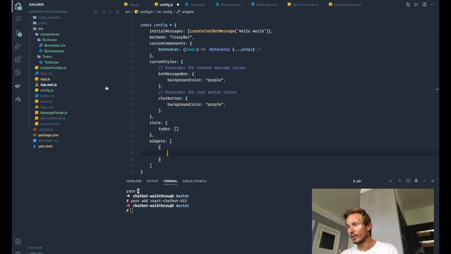Now, widgets are components that you create on your own, and then you register them in the config because we want the widget to be decorated with some things that only the chatbot can give us. So basically we want to retrieve state. We want to receive some methods that will help make our lives easier. And so to make that happen, we need to define it as a function that we can call at a later point in time. So let's head over to the documentation,